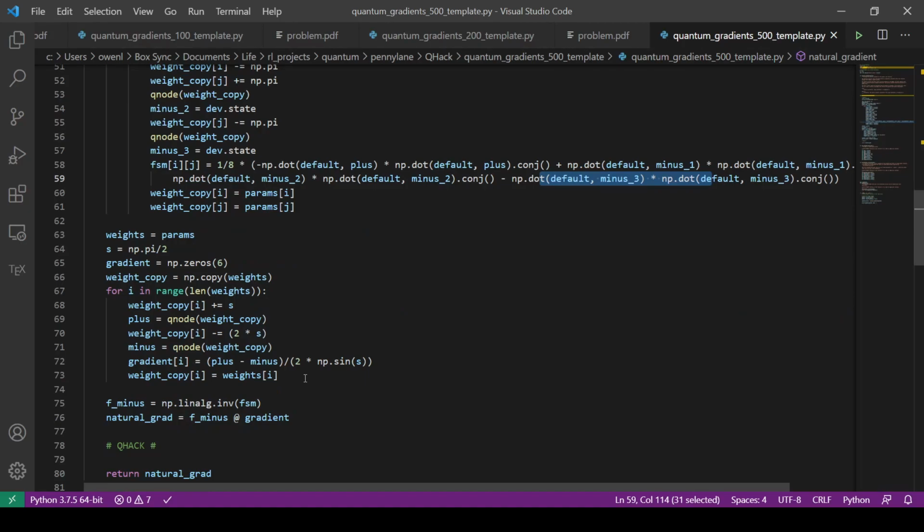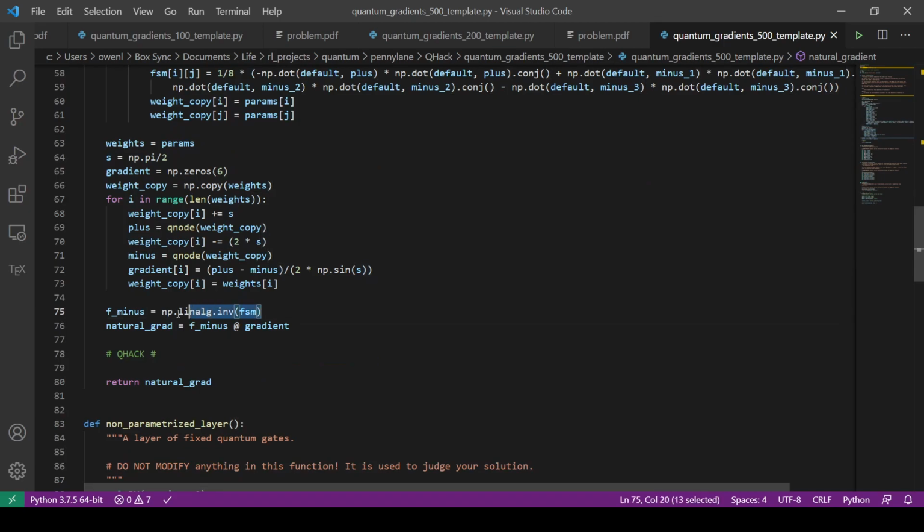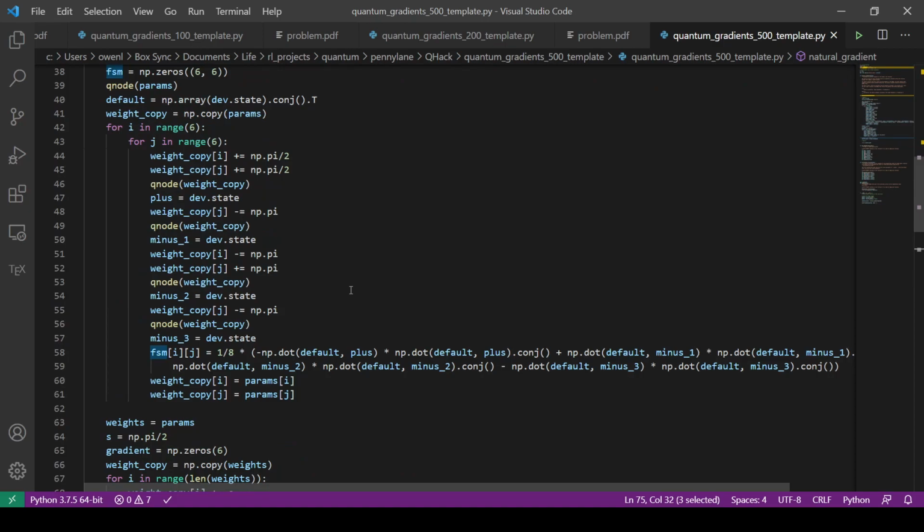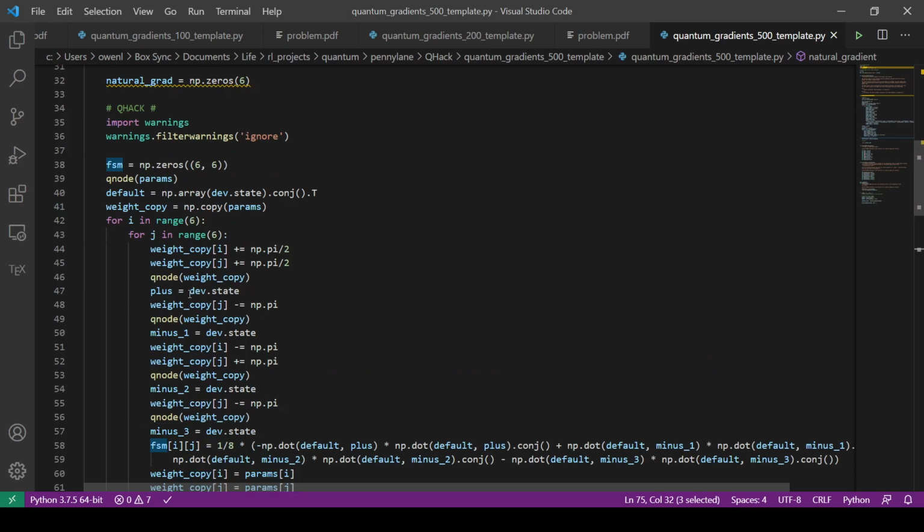And then we calculate the gradient exactly the same as before, and we invert the Fubini study metric. They told us it would be perfectly invertible, so I'm not using any sort of pseudo inverse calculations. Then we get the natural gradient by doing the matrix multiplication of the inverse of the Fubini study metric by the gradient. And so that's pretty much it. All of these were pretty straightforward once you know the math and do a little trickery with access to the device.state. And if I run this code